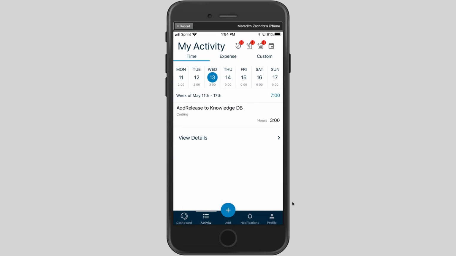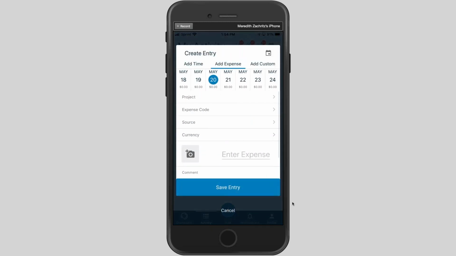Likewise, when I went to expense, maybe we'll scroll back a period here, it used to always go to time and today, which was mildly annoying and a little confusing, especially if you accidentally entered time for today when you really meant to do it for 2 weeks ago. So what we've done is made sure that we call this the date picker, essentially, that the